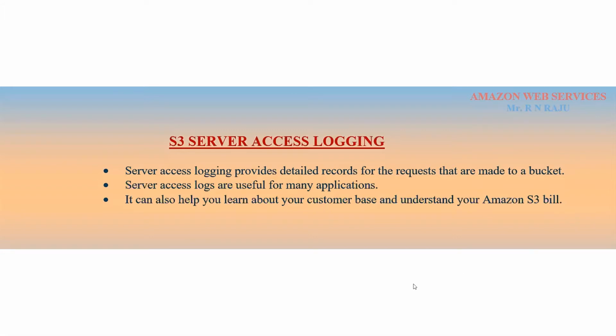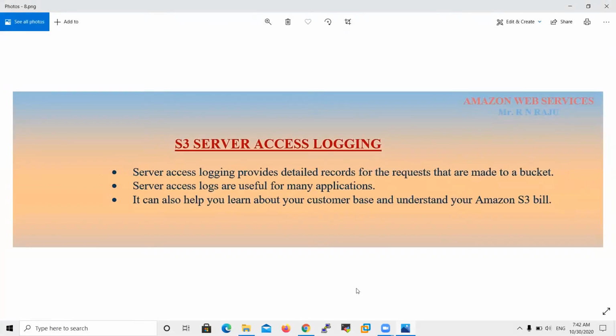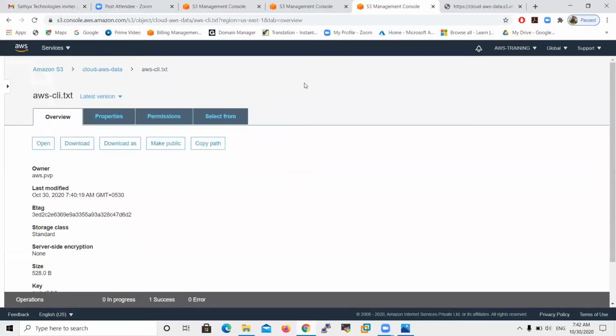So what is server access logging? When you enable the server access logging option, it maintains detailed records like who accessed, who uploaded, who copied, who deleted, like that. If you want to set up logs, then enable this option. The purpose of logs is reference, like who can upload, who can delete, who can create, who can copy, who can cut, and like that. So how can you enable detailed records and where to store the log files?